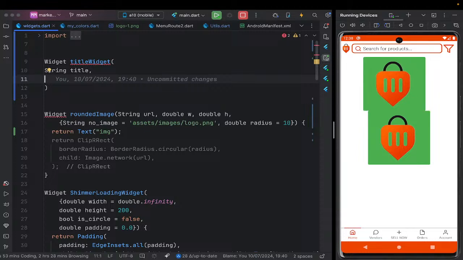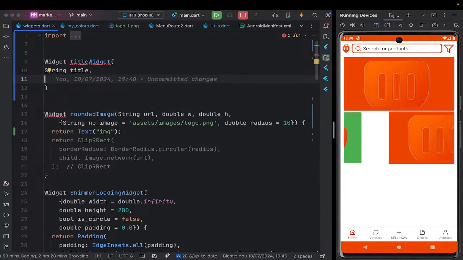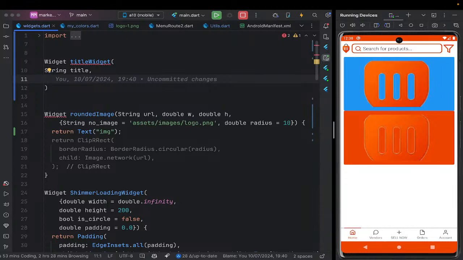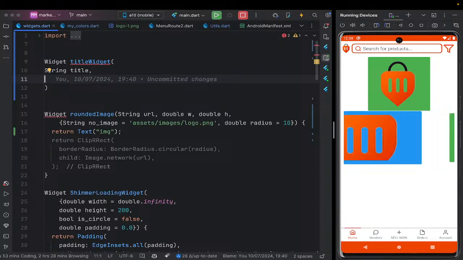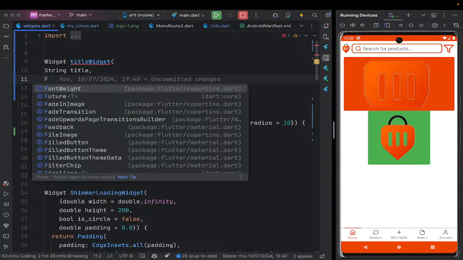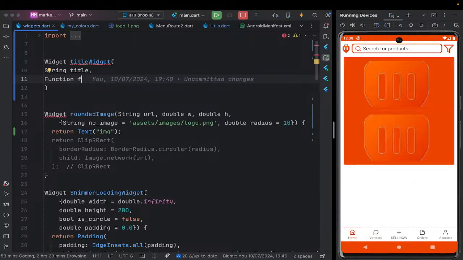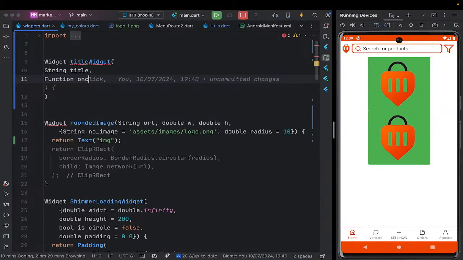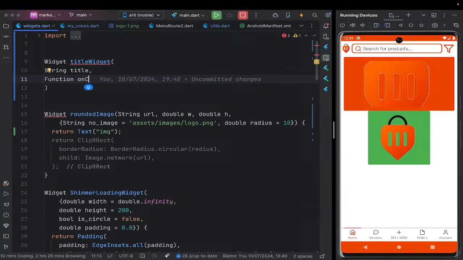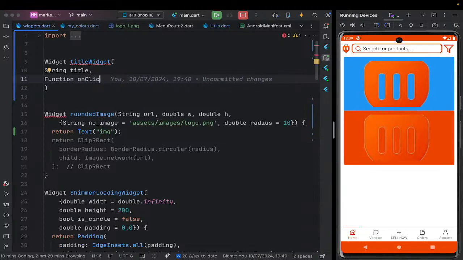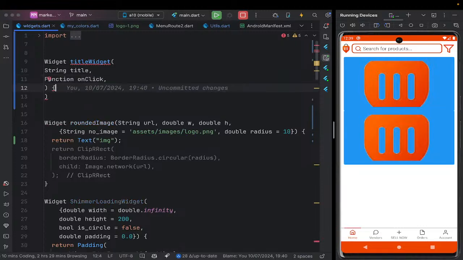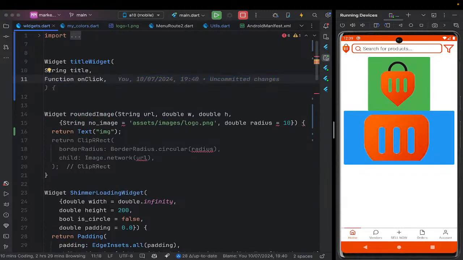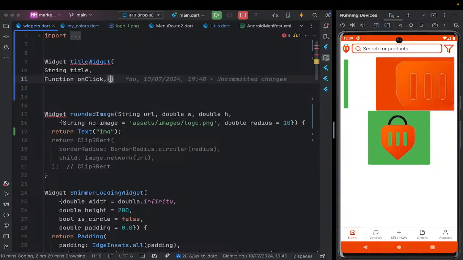It'll accept the title. It'll accept the function, the click function. So you can just simply say function like this with a capital letter, or I can say on tap, on click, function, and click. What else will it accept? Maybe it will have options, right? Like